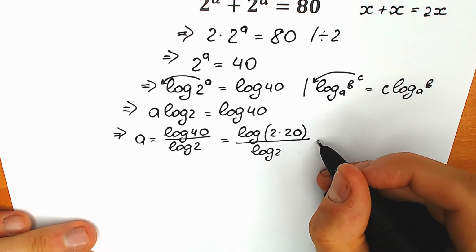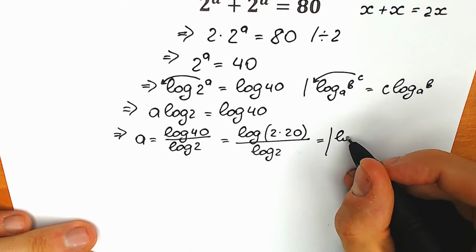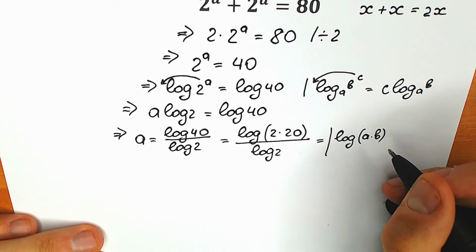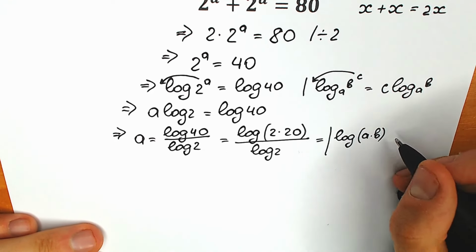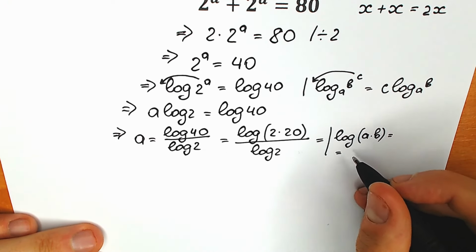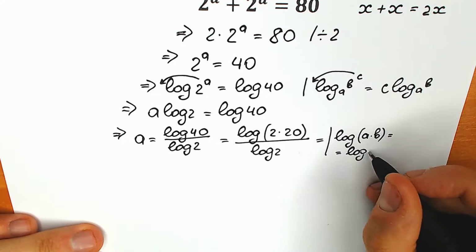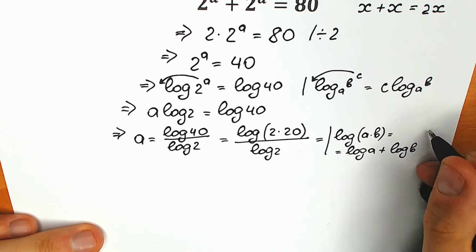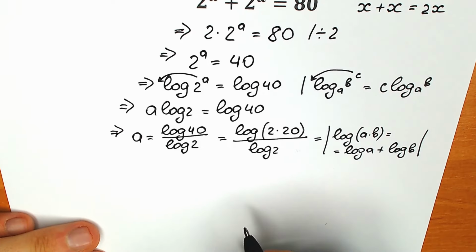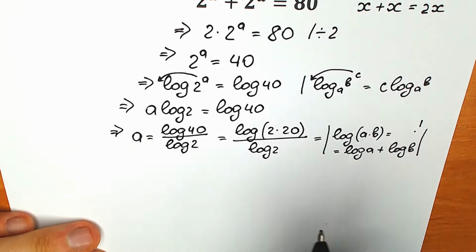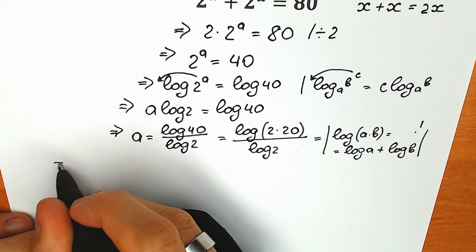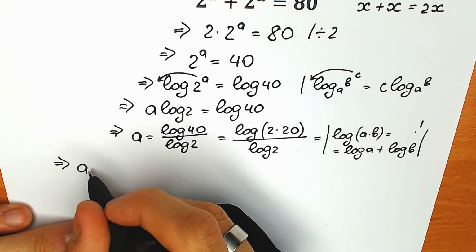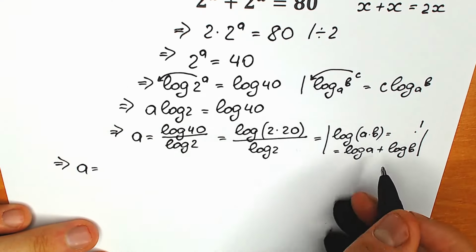There is a really important property when you have a log, for example, of a times b. When you have a log of a product, you can write it as log a plus log b. So log of a product equals a sum of two logs. Extremely important property, and right now let's apply it. I'm going to continue right here on the left side. So a equal to log 2 plus log 20